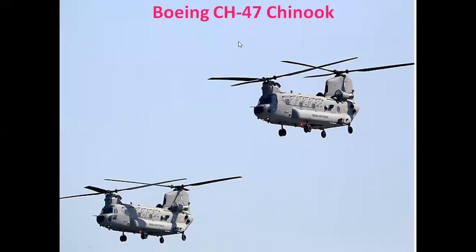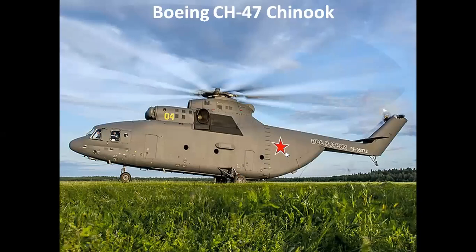Boeing CH-47 Chinook, right? So here you can consider the HL, let's say 47 Chinook, right? So again, it is in one of the air shows, right? Boeing 47 Chinook, right? So obviously, you can consider it's another view we can have for Indian, let's say